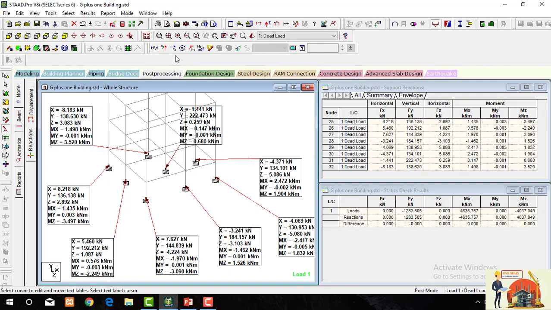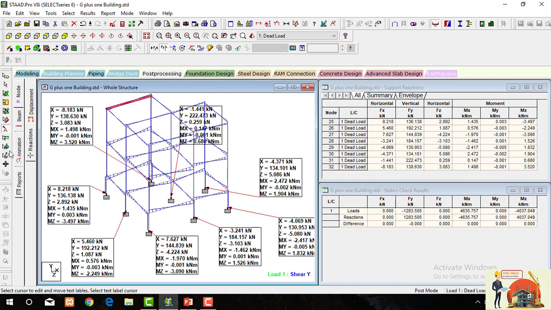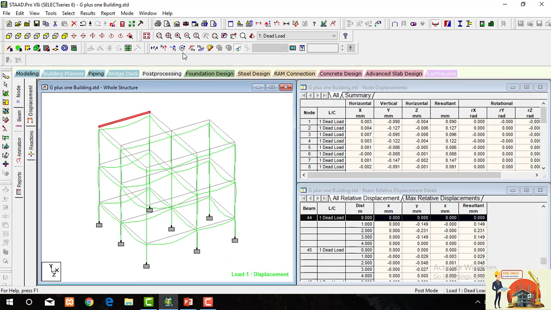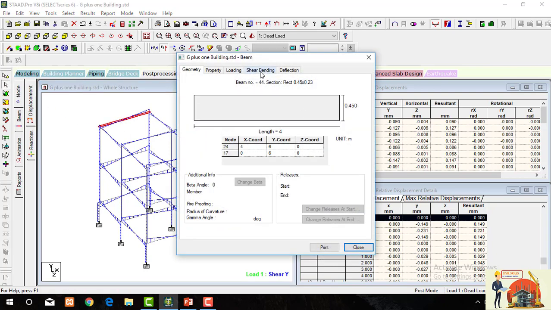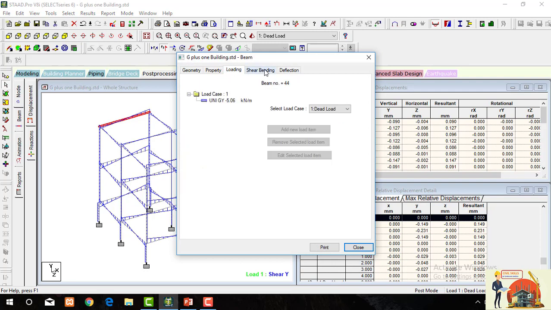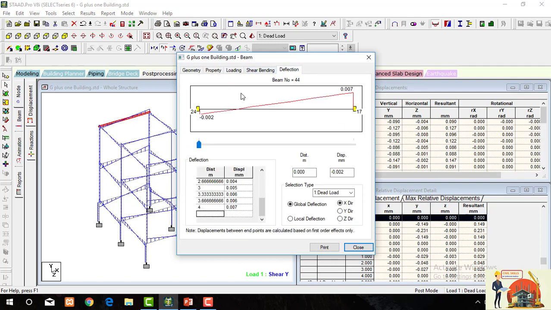You can also see the shear forces. You can also see the deflection of each and every member.